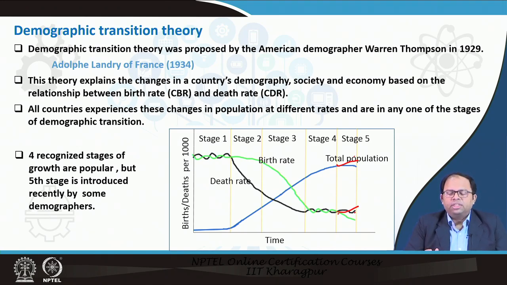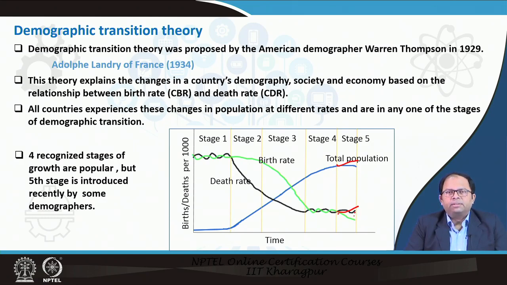But the speed of this transition differs. In some cases a country has taken around 200 years to go through these phases, whereas many economies in Asia have gone through these phases in a much smaller time period. Still, all countries have to go through these particular phases. There are 4 recognized phases mostly, but recently a 5th stage has also been introduced by some demographers,